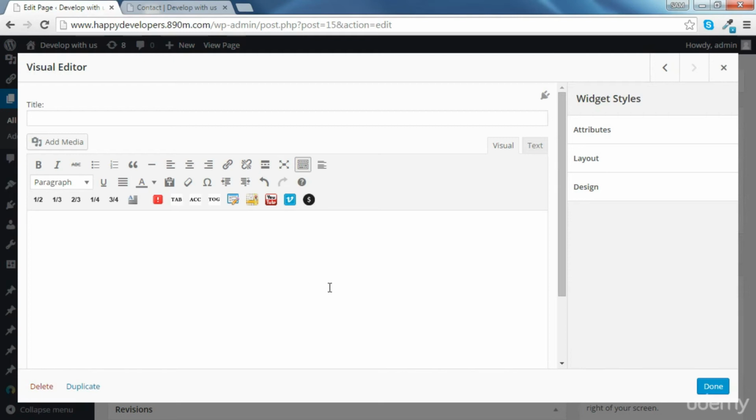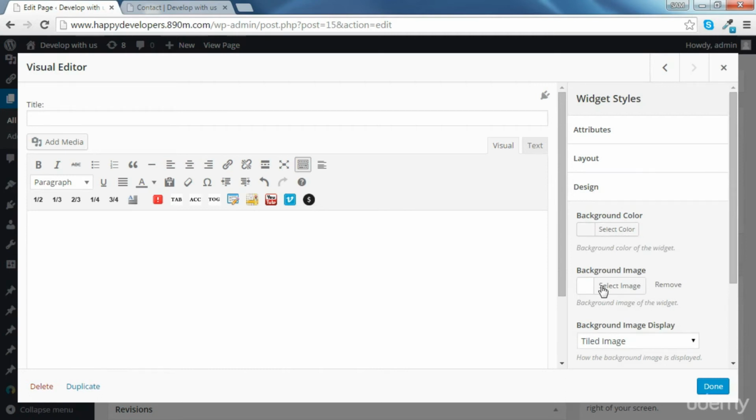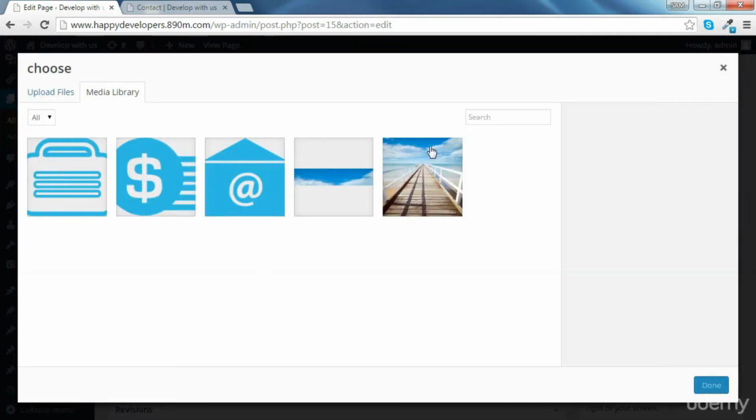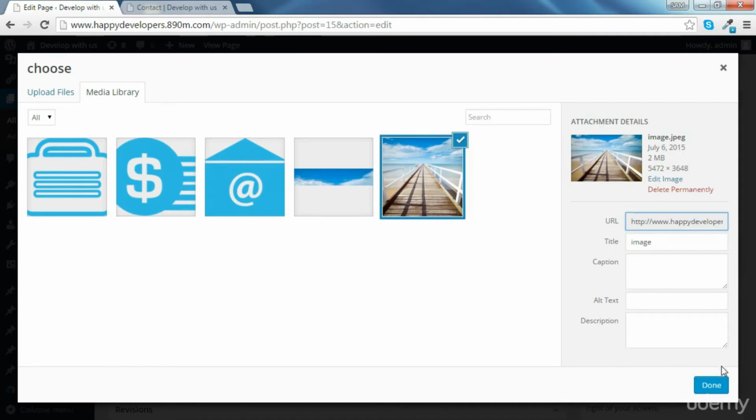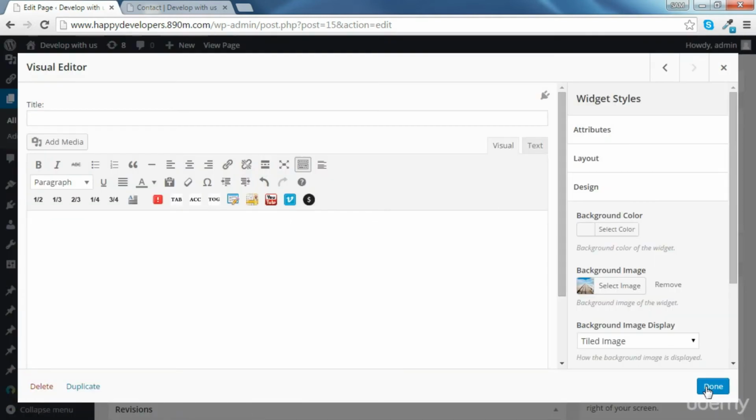And now let's add a background image to our visual editor. So you're going to go to design and then background image. Okay, and let's select this picture for now and click on done. And also let's change the image display to cover. Okay. So now if we click on done